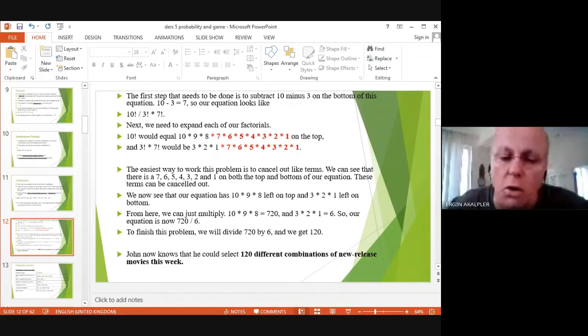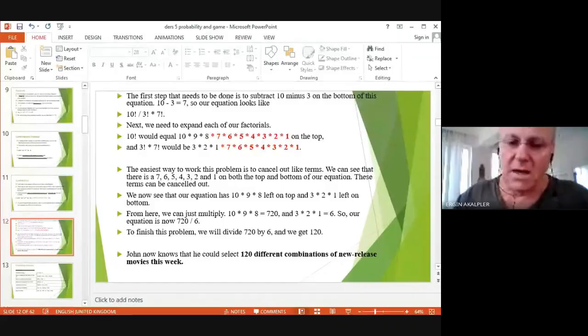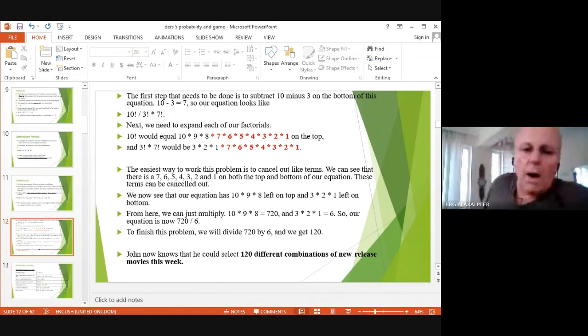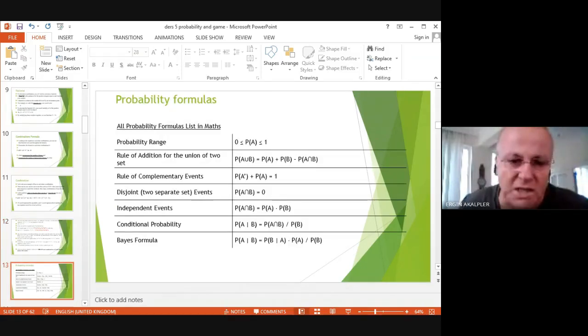Therefore, this is the first possible combination among the 10 options, where new brand DVDs are going to be chosen, 3 out of these 10, to be rented by John for the first week. The outcome is supposed to be 120. The probability formulas can be seen in the table given below, which is very important to understand the